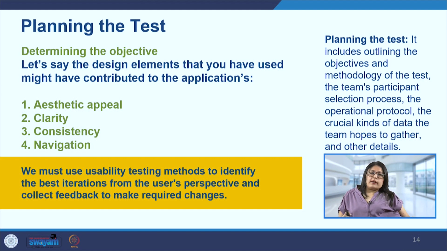So we have to be clear about the particular objective for which we are conducting this test. Are we checking the clarity, the navigation? Because we have to inform the user, we have to give them certain step by step instructions. So for example, for my pill application, I want to understand whether the user will be able to select the medicine for Monday, if there are different medicines for Monday and Tuesday. So will they be able to understand which medicine is to be had on Monday?